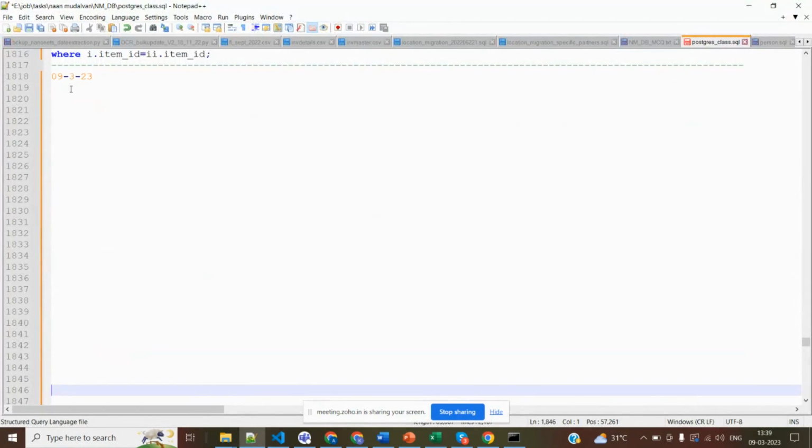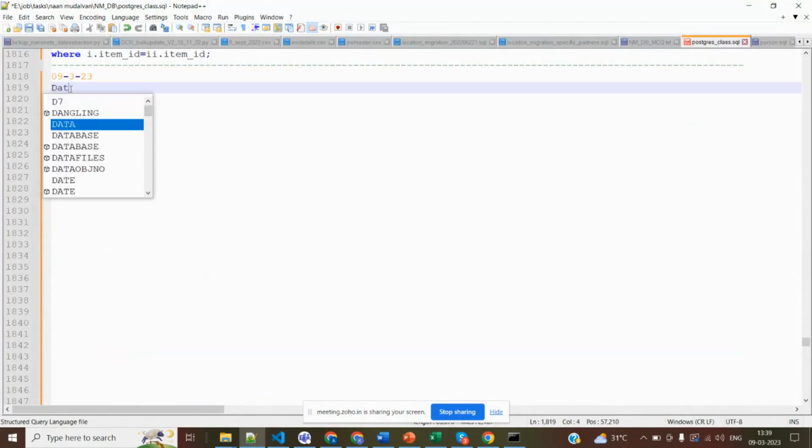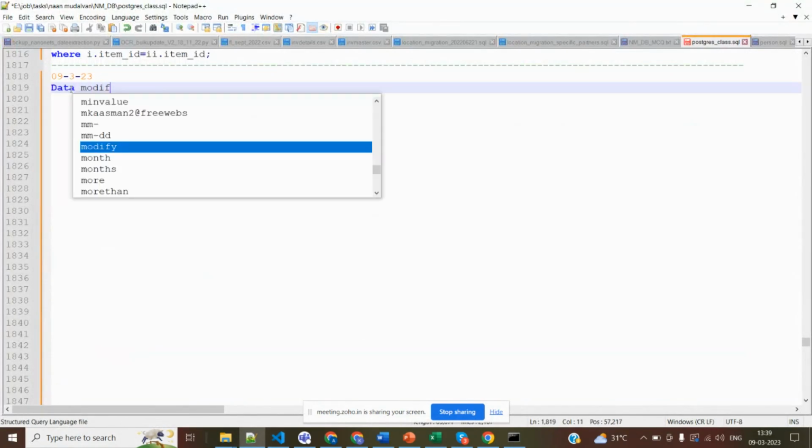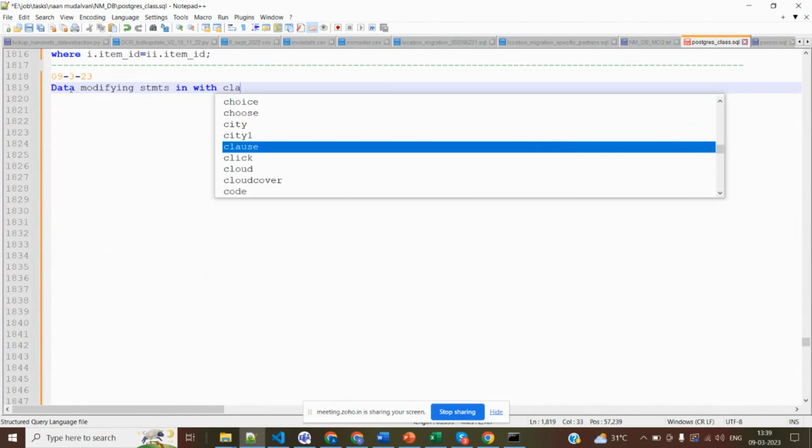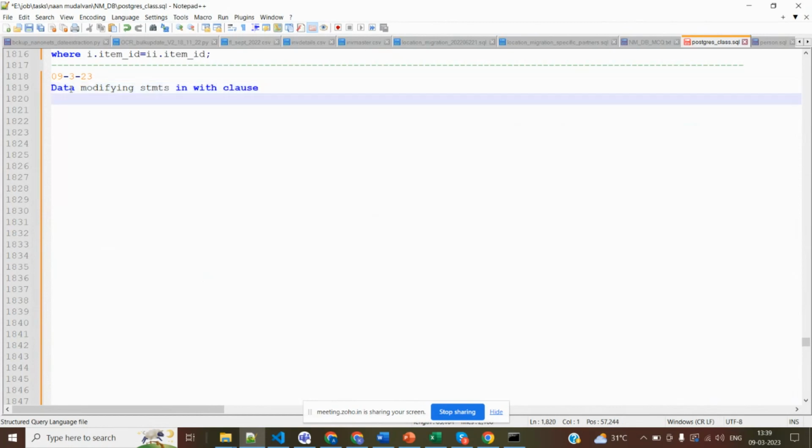This is today's session: data modifying statements in the WITH clause. The first topic we are going to see is